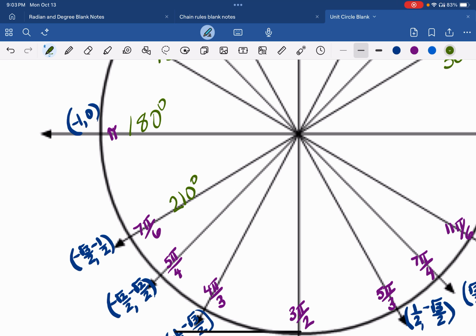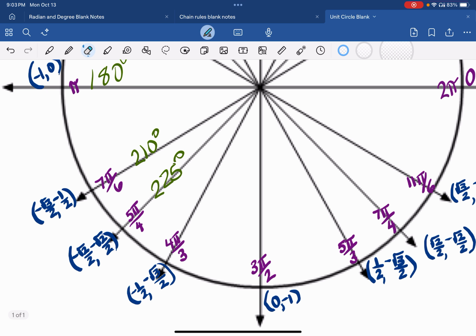And if you plug in 180 for pi and you did 7 times 180 over 6, you'll find that you get the same answer. 6 goes into 180 30 times, and 30 times 7 is 210. Okay, and then let's continue around the circle. 5 pi over 4, can you guess what that would be? Yes, we add 15 degrees, 225 degrees. And then 4 pi over 3, we add 15 more degrees, and we get